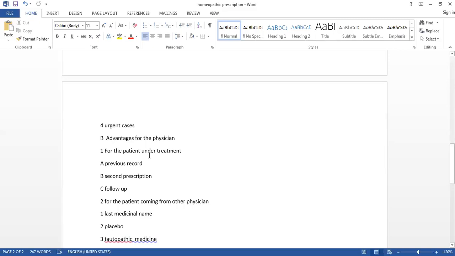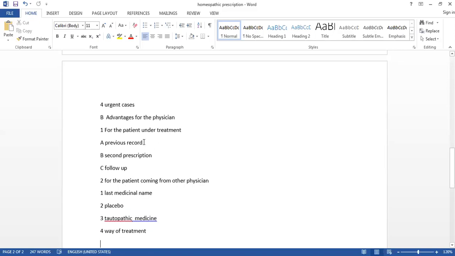Advantages for the physician: if that patient is yours only, then you can check the previous record and from that you will come to know whether it is deteriorated or it is on the way of recovery. It will be easy for you to give the second prescription. फॉलोअप की डेट, पेशेंट बहुत पहले तो नहीं आ गया है या पेशेंट ने बहुत टाइम तो नहीं लगाया आने में, इन दैट केस ऑल्सो यू विल गेट बाय द प्रिस्क्रिप्शन.